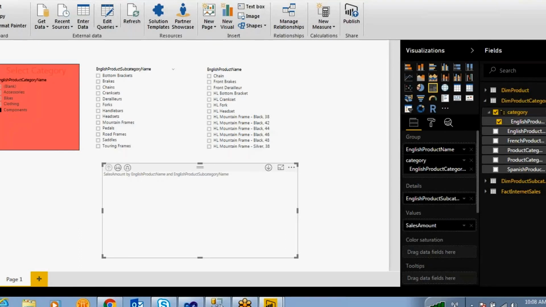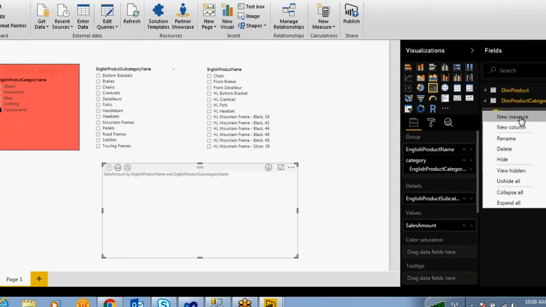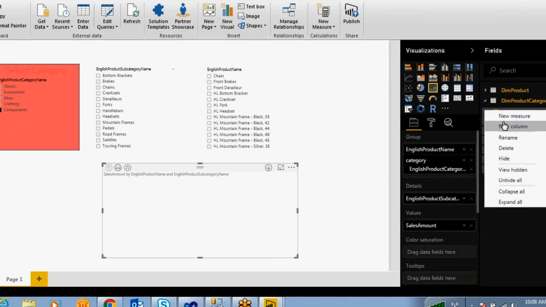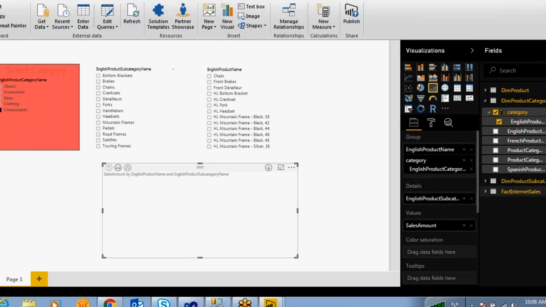So you have to add the remaining columns also to this category. When you are clicking on this category hierarchy, you can't add a new column over here for this hierarchy, because this is the trial version, you are unable to add over here. Okay, right. So that is the reason what I am going to do here.